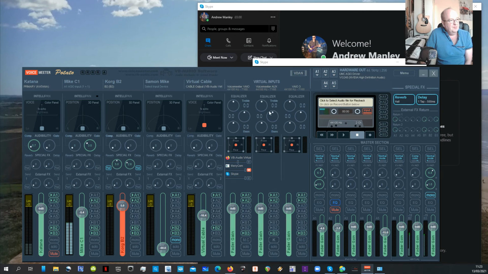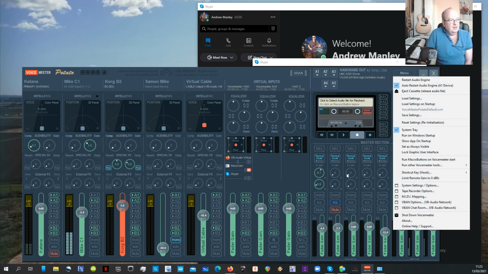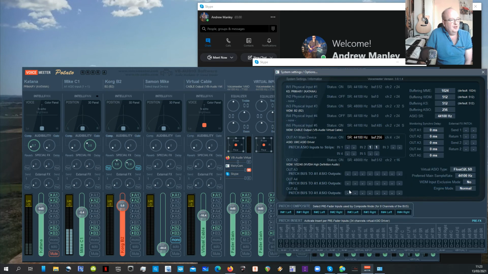To do that, you pick a bus that you haven't selected as a default. In this case I'm not using Voicemeeter Aux, which is B2 on here, so I'm sending all my hardware inputs to B2 along there, and on the B2 bus here you click this until it says composite, and then you go into your menu and go to system settings again, and patch composite here. You set all these to match these hardware inputs across the top. So I've got